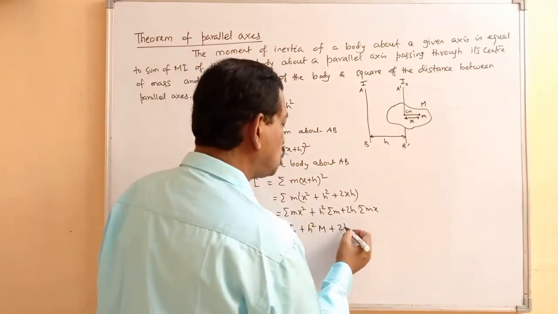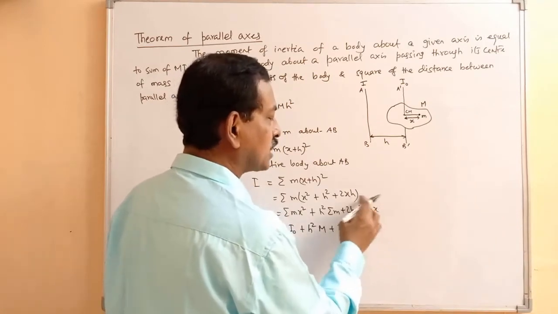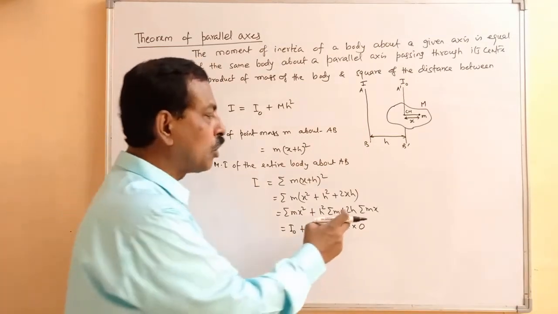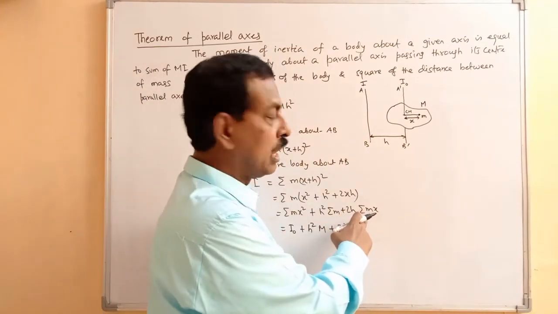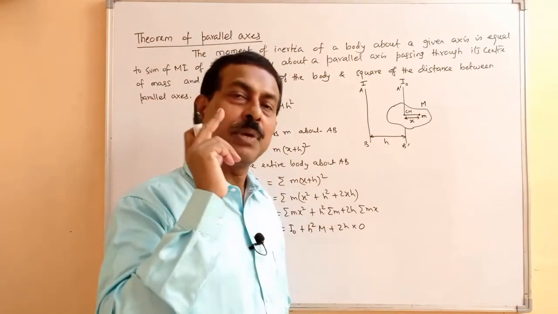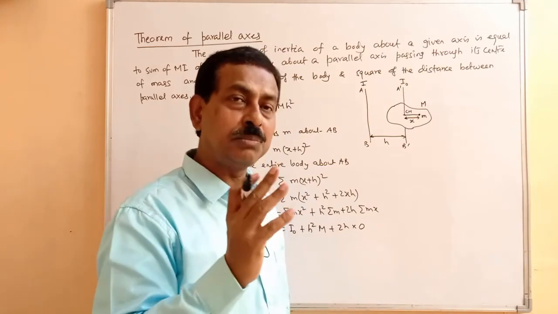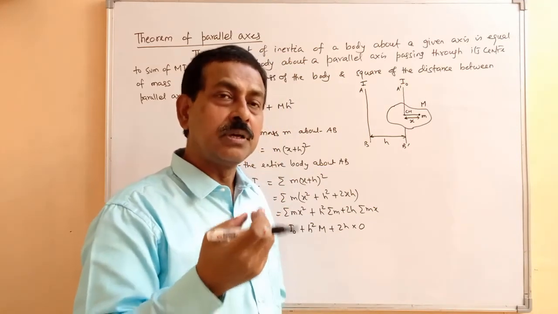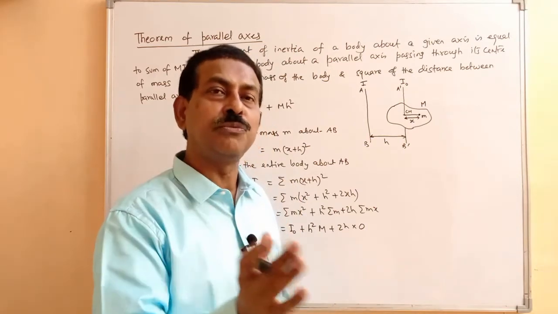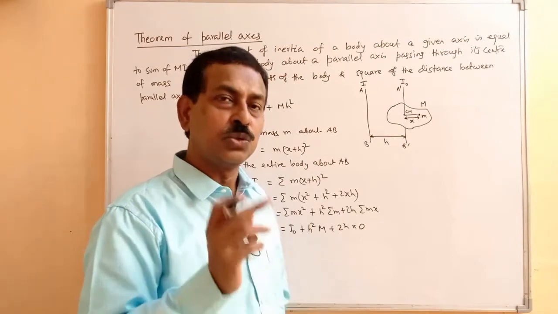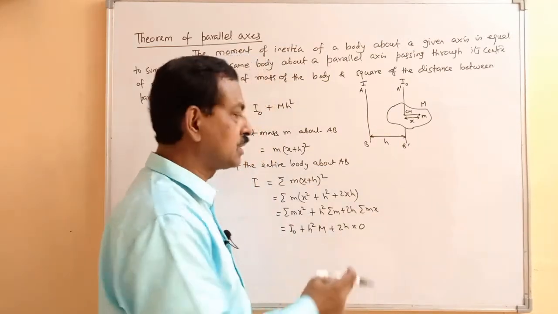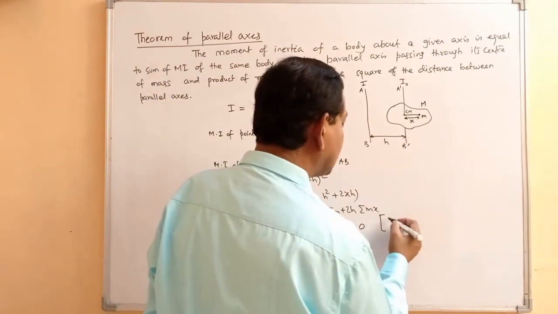Then this term 2h summation mx will be 0. Why is it 0? Because we are taking the algebraic sum of the distribution of mass about the center of mass. Remember the definition of the center of mass: it is the point about which the mass of a body is assumed to be uniformly distributed. So if you take the algebraic sum of the distribution of the mass about the center of mass, then this term will be 0. So you can write as